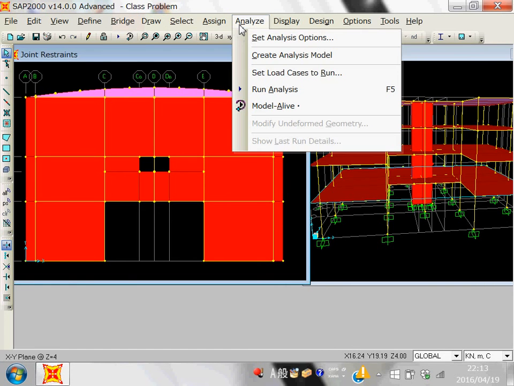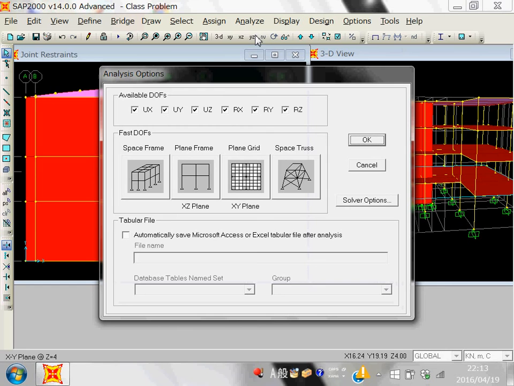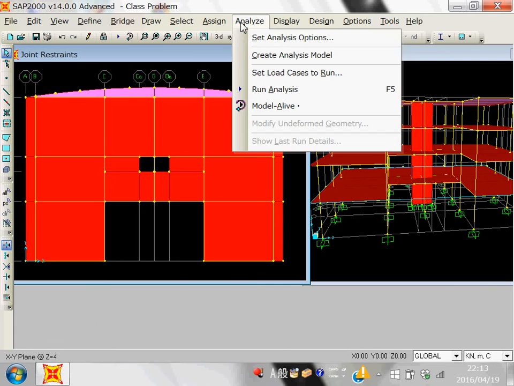Go to analyze, set analysis option. You can set what type of analysis you want. For this type of building, we have the 3D analysis, and we will make all these checks. When all these boxes are checked, it means that you are doing a 3D analysis. If you make XZ plane, it will do the analysis in 2D plane. If you make XY, again it is the 2D analysis. So make it okay, and then